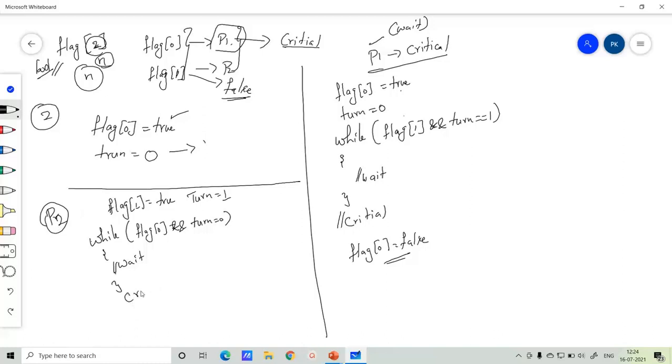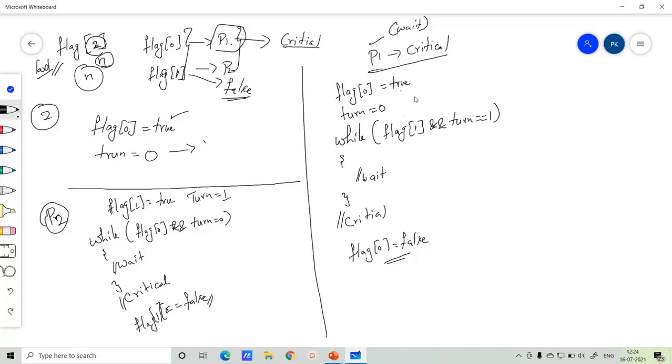If that is not true, it is going to execute the critical section. At last we set flag of 1 equal to false after execution of critical section. So this is our algorithm of the Peterson solution.